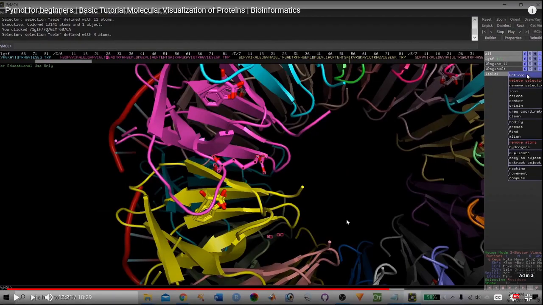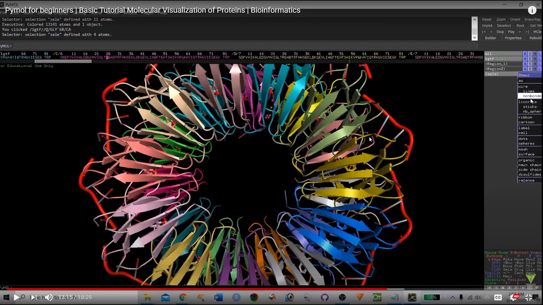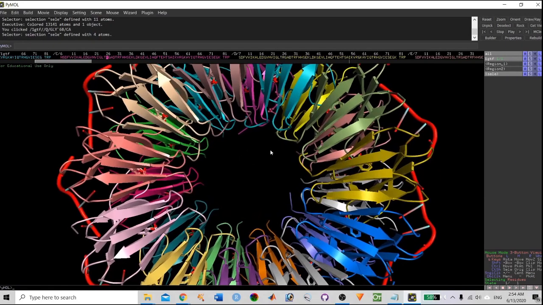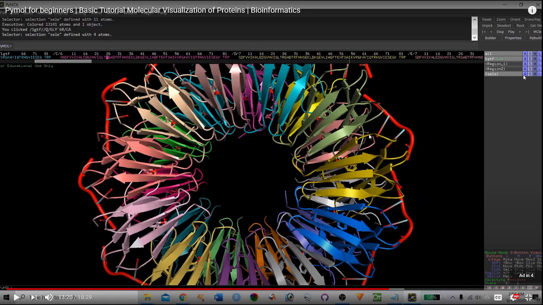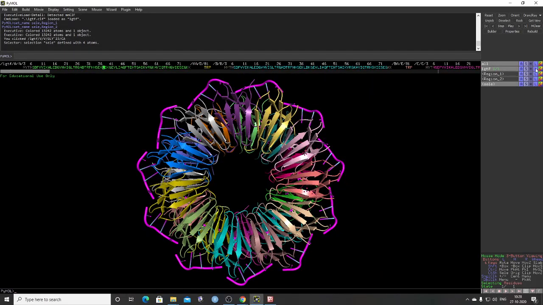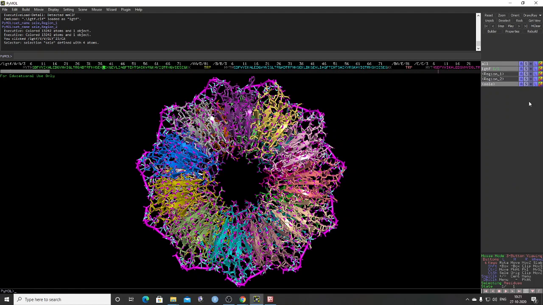We want to select this leucine. So how do we select it? Show stick. Go in the label. You go in the show stick.